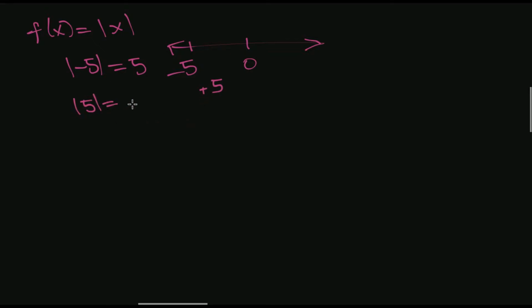The absolute value of positive 5 is positive 5. The distance between 0 and positive 5 is positive 5. The distance is always positive. So anything that you put into an absolute value, what's going to come out of that will be a positive number. So if I look at y equals absolute value of x and I want to graph this, but I don't know how,